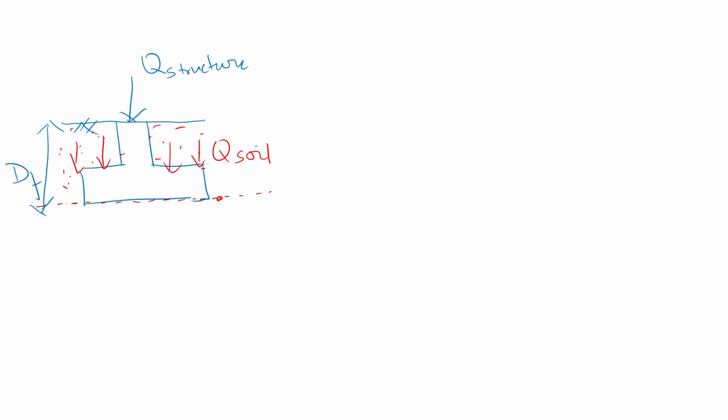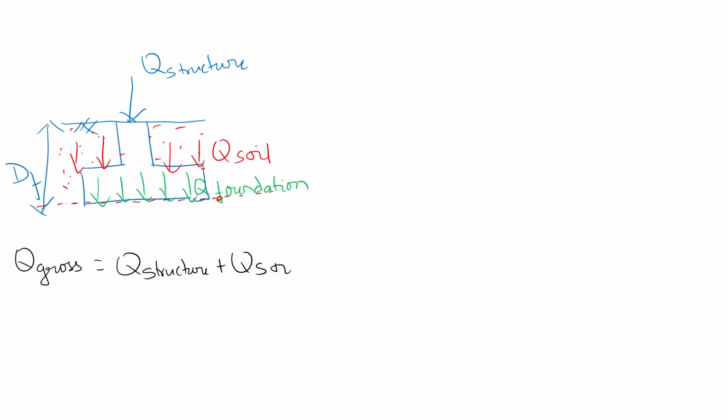In addition to the load from the structure and the load from the soil, you can see that the footing or foundation itself is exerting some pressure on the soil. So this I am mentioning as Q of foundation. So I can say that the total gross load acting on the bottommost layer of the soil on which the foundation is resting on is equal to Q of structure plus Q of soil plus Q of foundation,